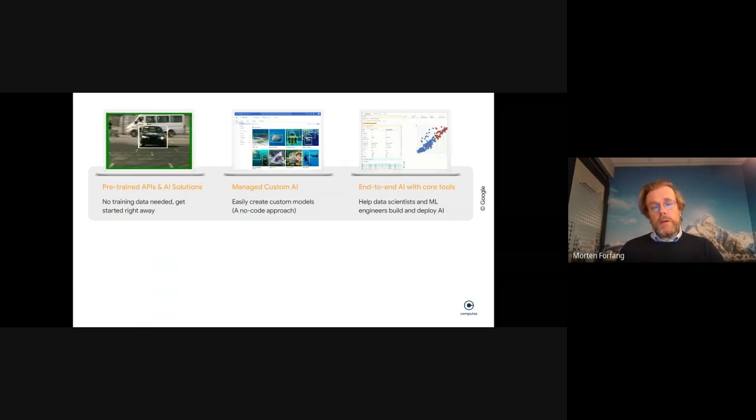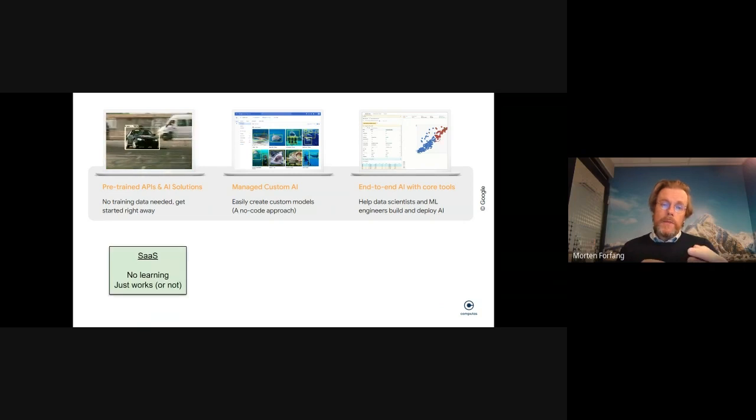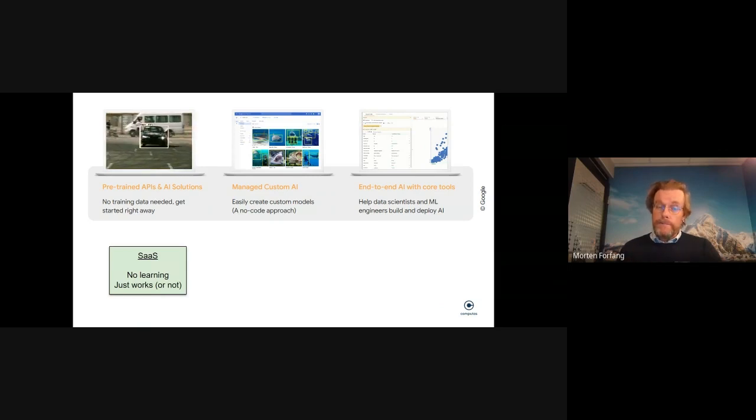So you can have a set of services that work out of the box, and in this example, with this car object being recognized, if you supply it with a video, for example, the AI will recognize various objects in that video, like this car. If it does, that's great. Then you've got quite far with minimal effort and minimal cost for that matter.